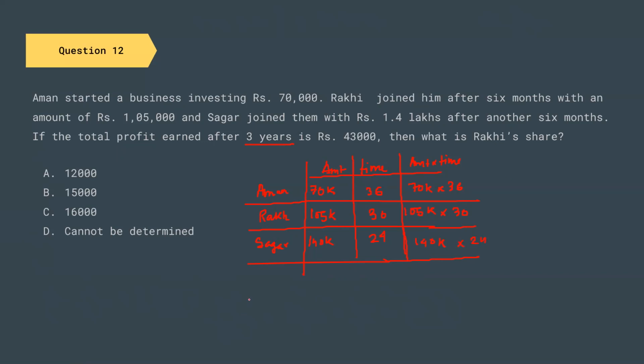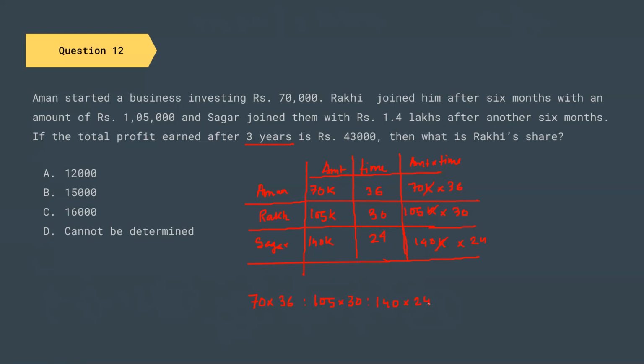So let us find the ratio of this. We can just ignore this k because k means 1000. So we have 70 into 36 is to 105 into 30 is to 140